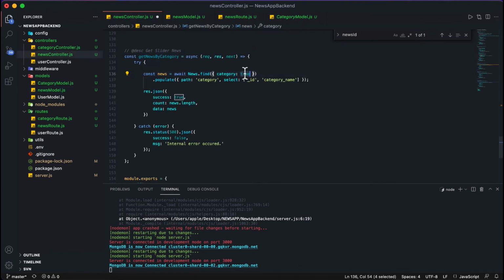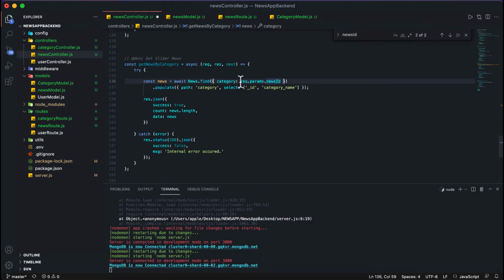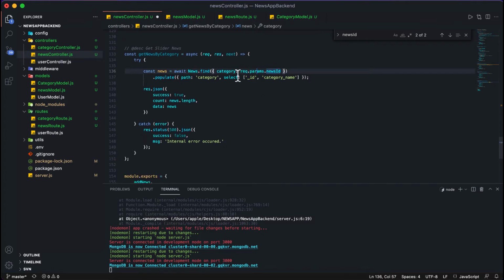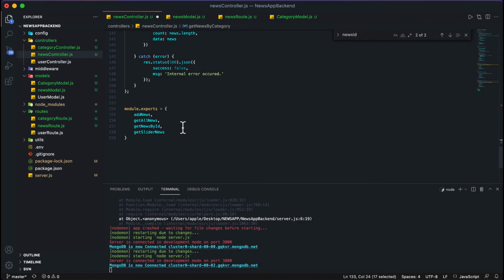Then the ID we will get request dot params dot id, news id. Okay, so we will get the news id as we are getting before, like to get the id in the URL parameter, that is the params. Fine. Then here let it be as it is, then I will add it here also.